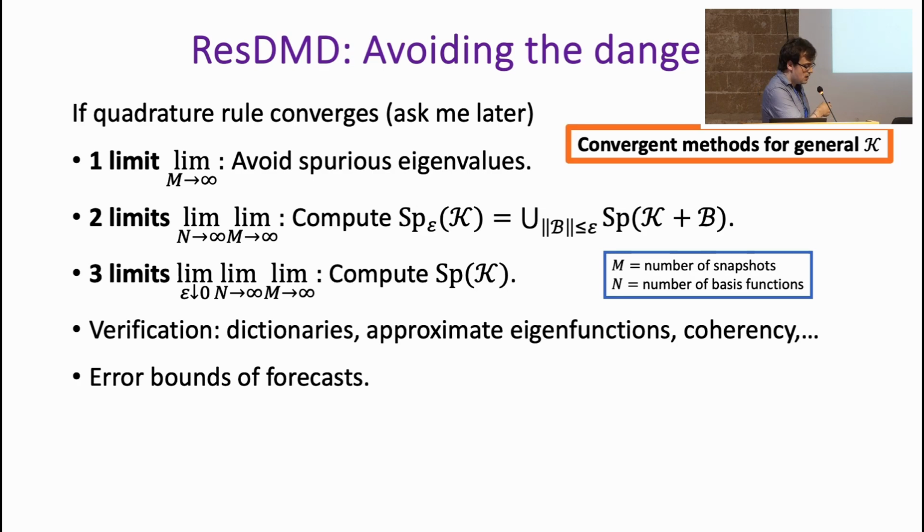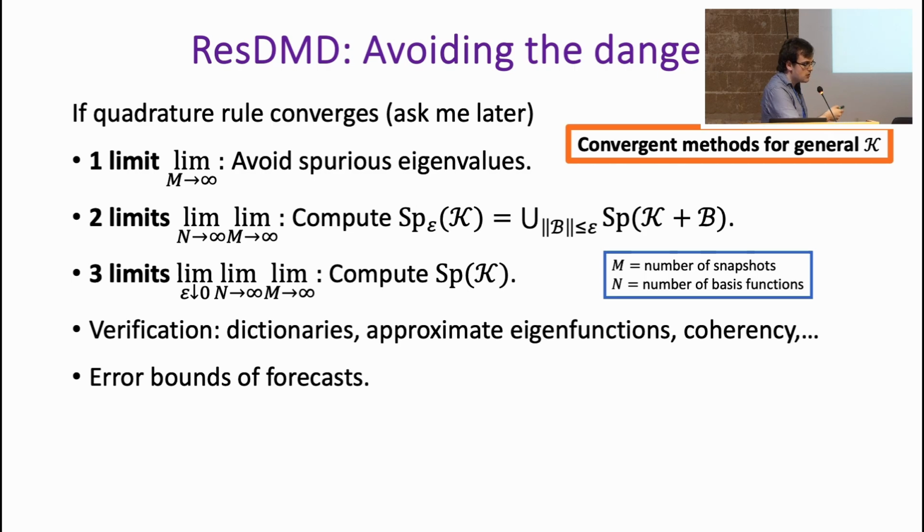We can also, in two limits, as we then take the size of our dictionary to infinity, compute pseudospectra. Now I'm assuming here some sort of density of my space as n goes to infinity, but again, technical details are in the paper. Pseudospectra are the union of spectra of perturbed operators. They give us a stability estimate of the spectrum. And by taking epsilon to 0, I can then compute the spectrum. So notice here I've got an algorithm, one limit, two successive limits, and three successive limits. Keep that in your mind as we get to the end of the talk.